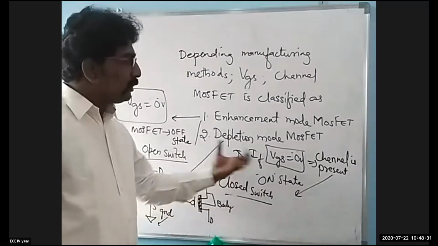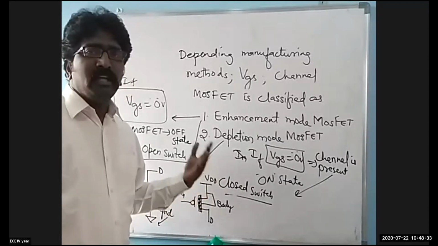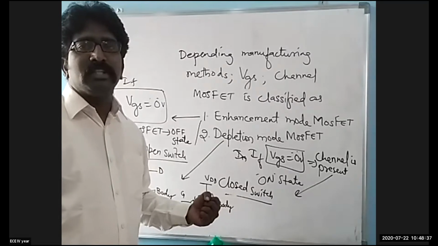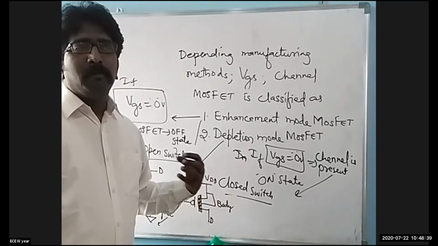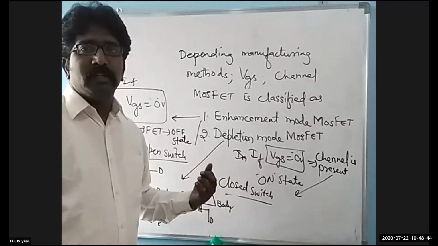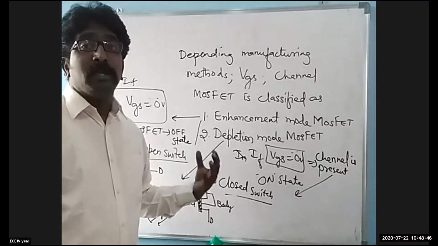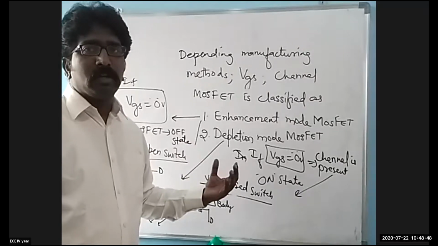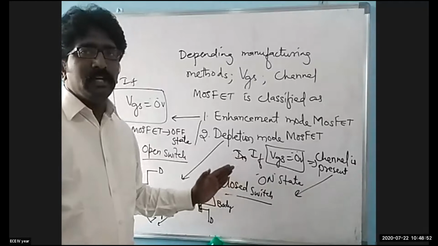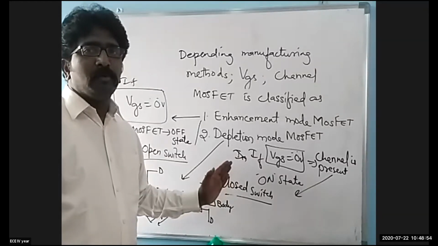Then how do we overcome this depletion? Because if the device is continuously on, then definitely at one particular point there is a chance of degrading of the device. The device might go into the off state or it might not work. So in order to overcome this kind of situation, we need to supply a negative voltage. If the negative voltage is given, then in the depletion mode MOSFET, the channel can